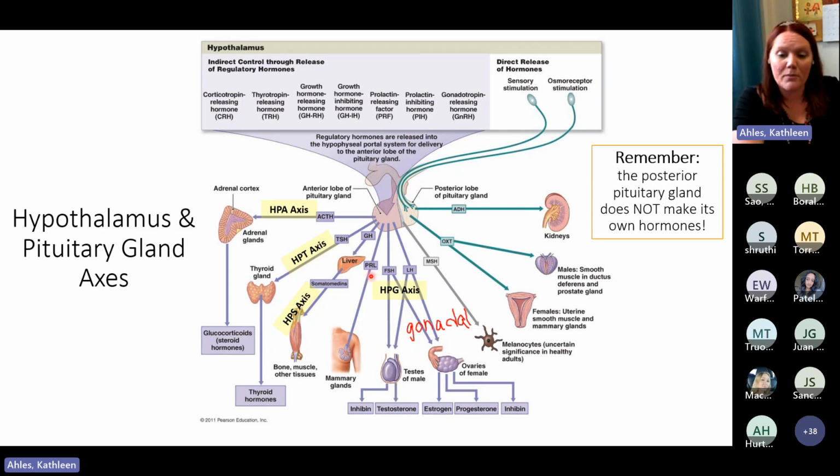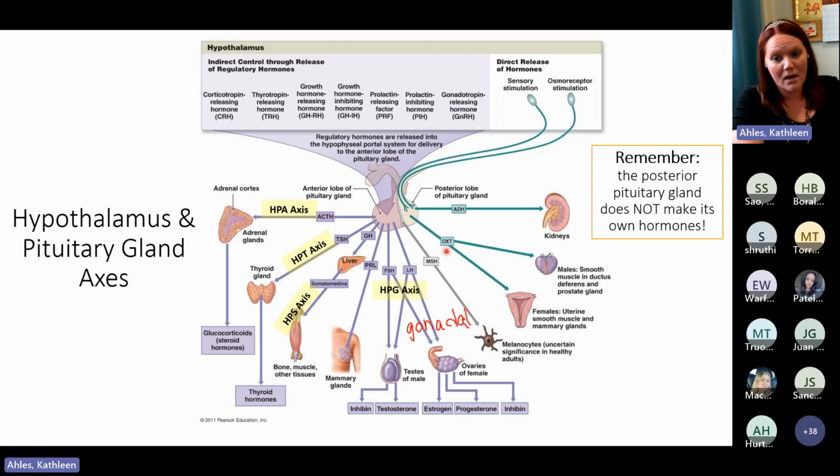So remember, we talked about prolactin with pregnancy and development. This is something that helps with preparing for the process of milk synthesis and continuing milk synthesis. So interacting during the process of pregnancy and shortly thereafter. And while we're on this vein, I'll mention that over here, one of my posterior pituitary gland hormones